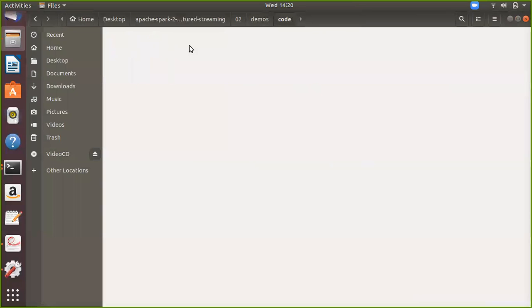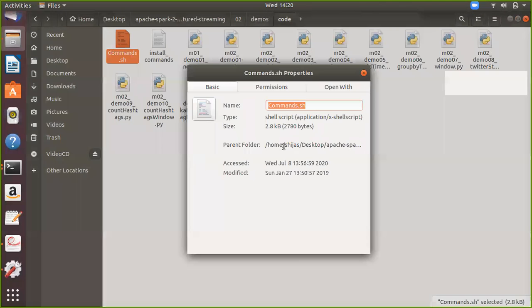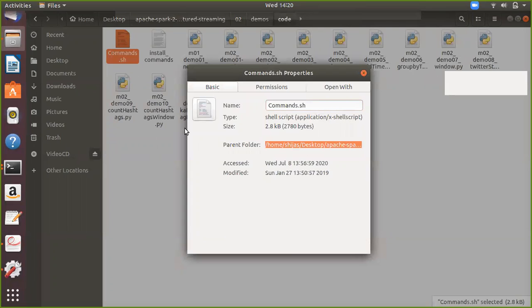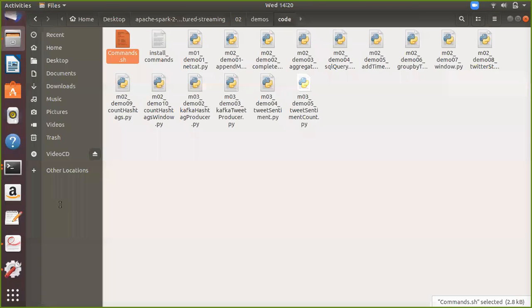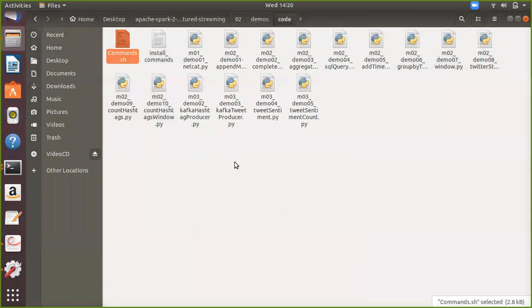So this is the code I have changed. Let me go to this location to execute the program, because I just wanted to check whether everything is correct. It's not copied properly.